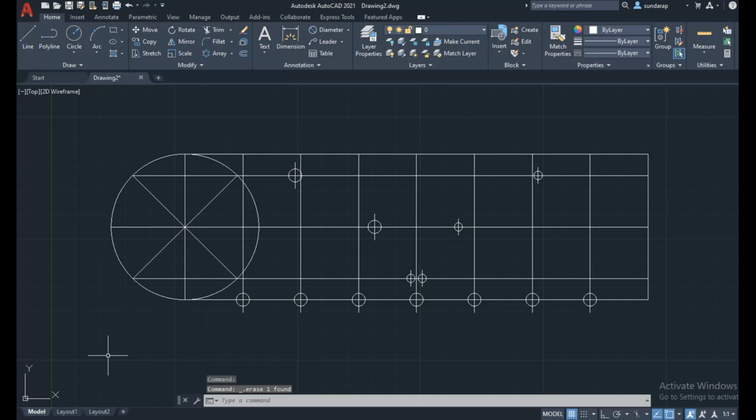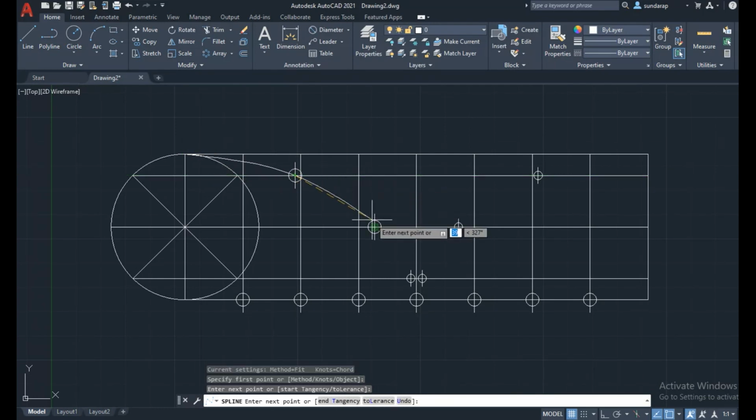Now you can use the spline command. I am now going to draw through all the points, the trace points of the rolling circle. This is the first point, start from the top. This is the second point where the circle intersects, the third point, fourth point, this is the fifth point, and again the other half of the circle rolling out, so end over here. Then right click, enter, and only then will you get the smooth curve.